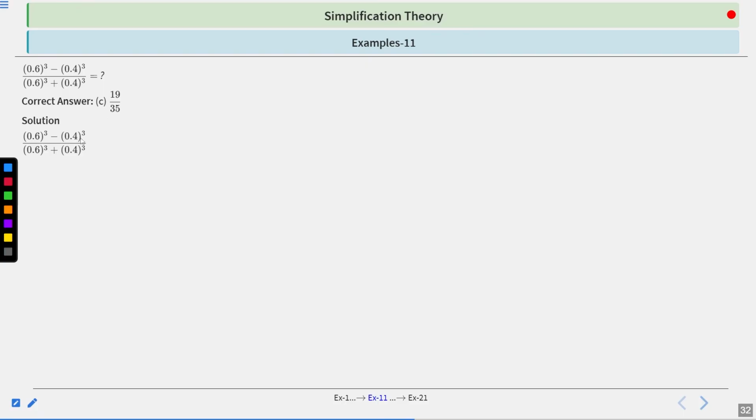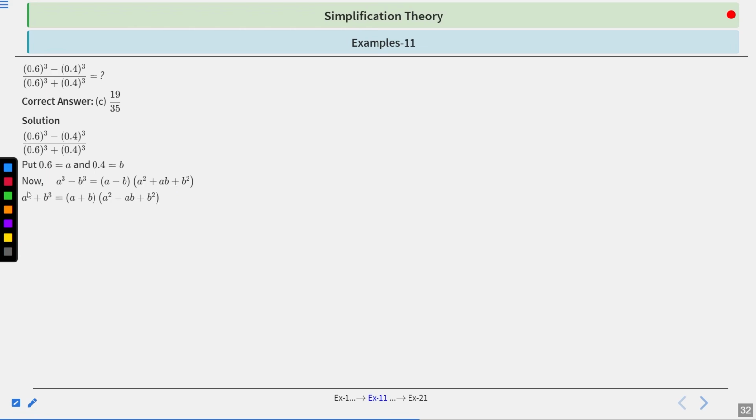Now question, if we see the question, we can see that this is formation of a cube minus b cube in numerator, and in denominator a cube plus b cube. So we can put the value 0.6 as let a and 0.4 as let b. So it will become a cube minus b cube. Formula says that, in one bracket a minus b, in another bracket multiplying by a square plus ab plus b